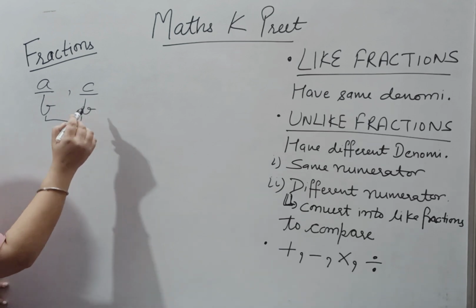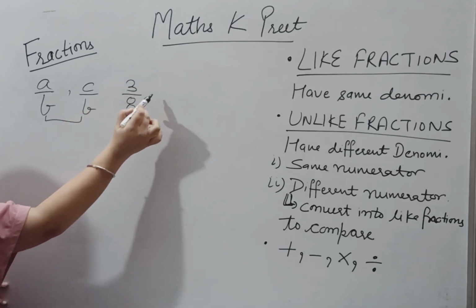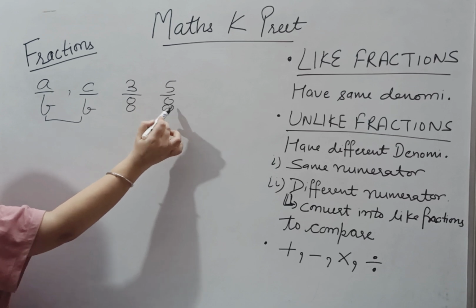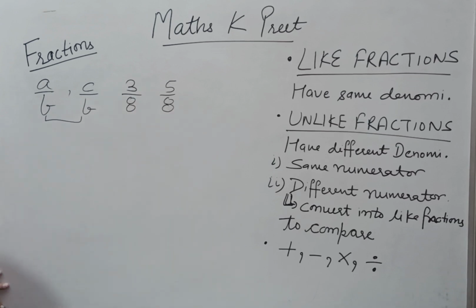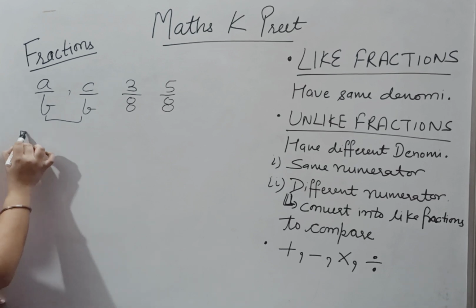So let's take an example: 3 by 8 and 5 by 8, say. These two fractions are like fractions. Now we have to compare which one is greater and which one is smaller. We have to compare the fractions. So in the figure,